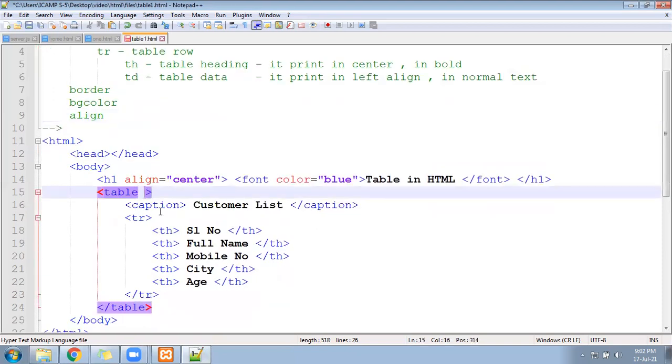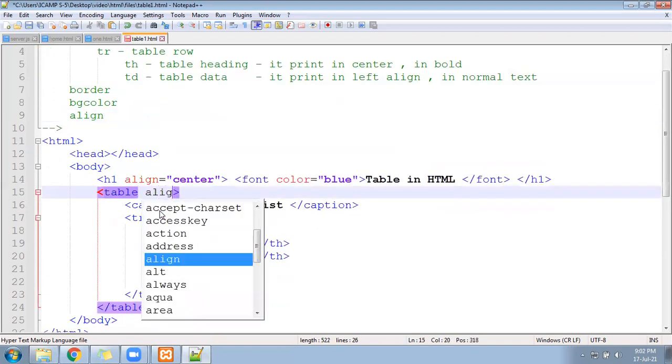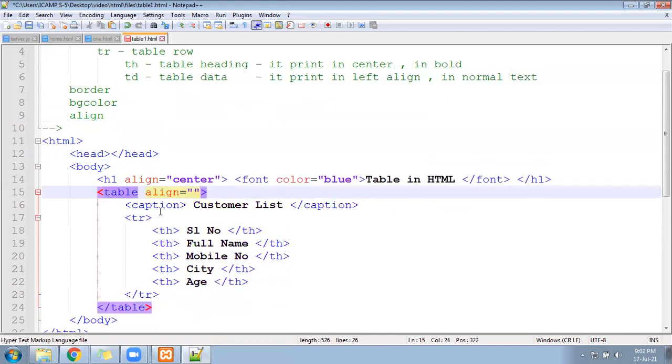For the table, I'll write here now the align property. And for that, we have predefined values. When you say align, in normal life we say please come in the line. Correct? Then someone will say which line? First line, second line, or third line. So first line is the left, second line is in center, last line is in the right.